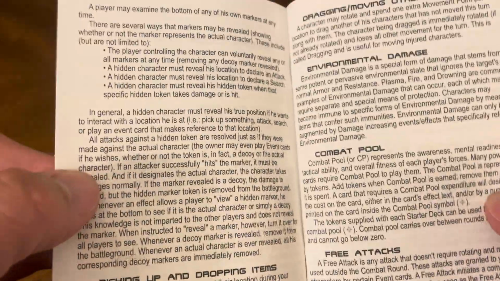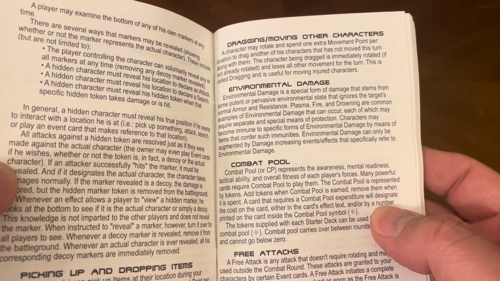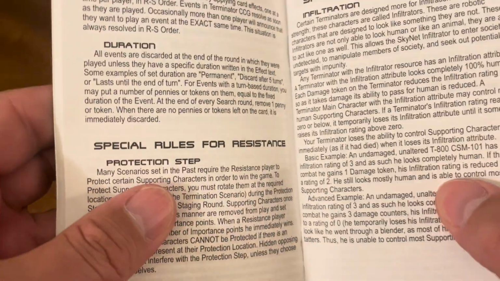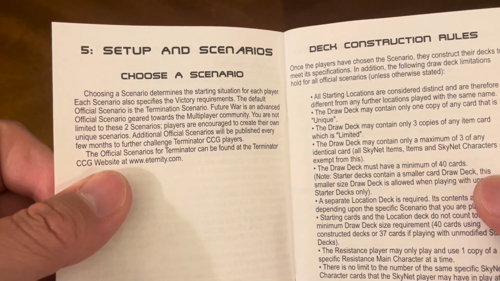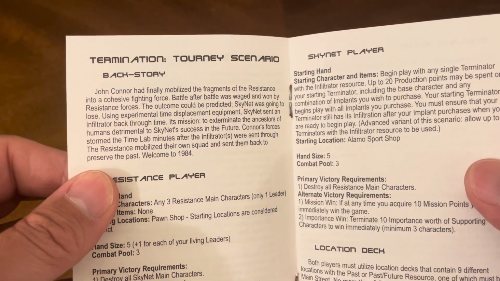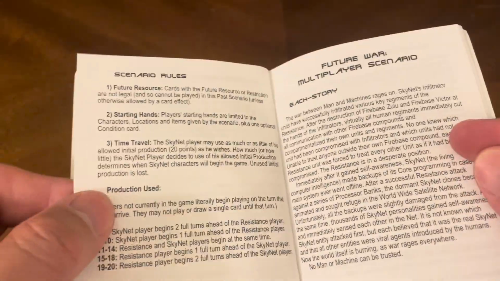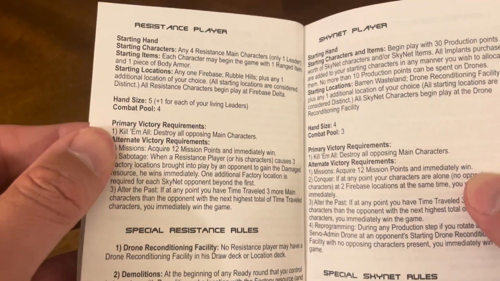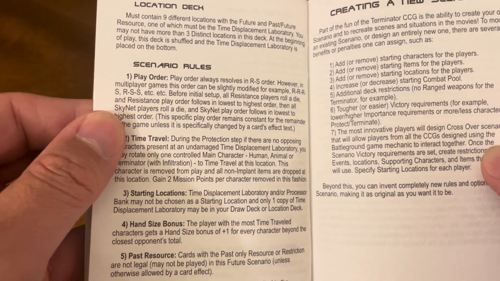You also could have hidden movement, picking up and dropping items, dragging, moving other characters, environmental damage, combat pool, free attacks, timing issues, durations, special rules for resistance, protection step, special rules for Skynet, infiltration, setup and scenarios, choose a scenario, deck construction rules, termination, tourney scenario, backstories, resistance player, Skynet player, scenario rules, future war, multiplayer scenario. You got your backstory again, resistance player, special resistance rules, Skynet player, special rules for them, location deck, scenario rules,